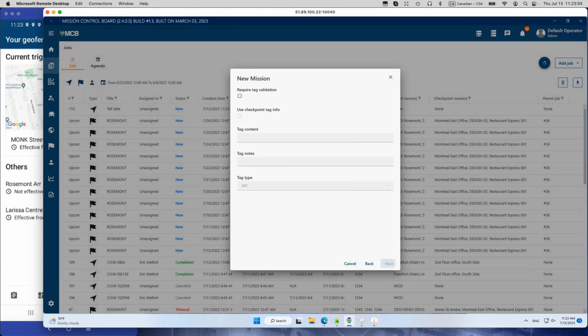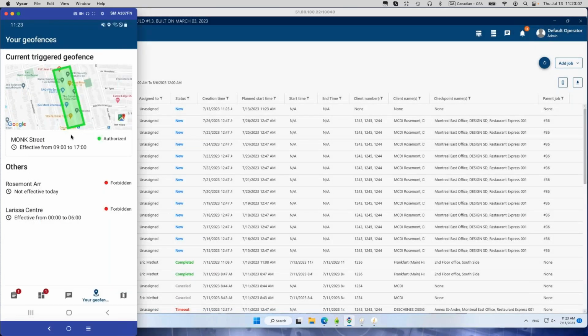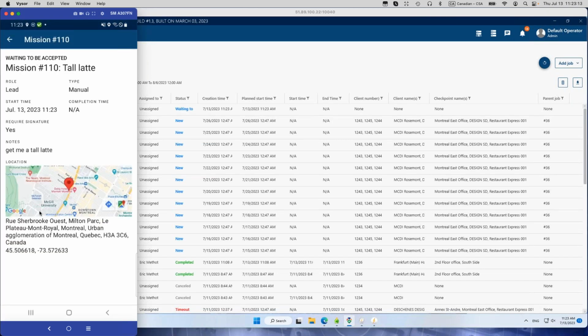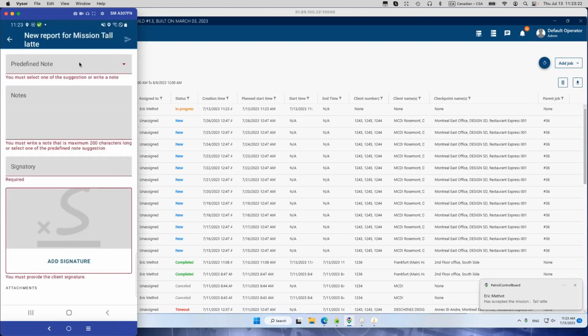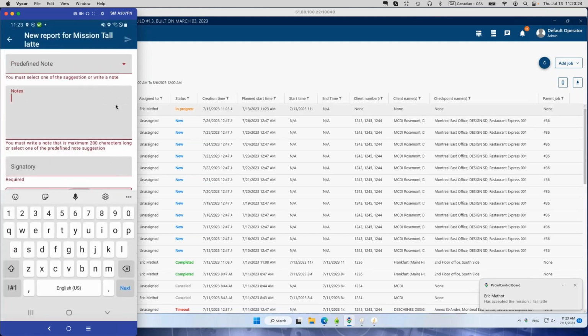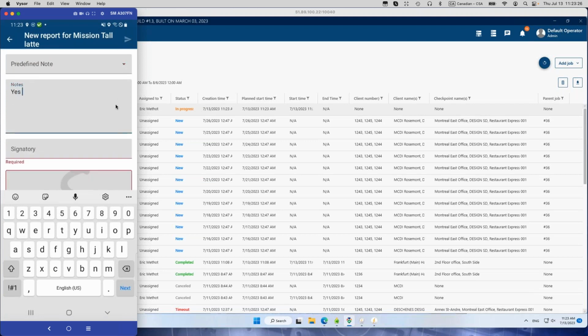So I'm going to send my mission, and we're going to receive it here, new mission request, and here we go. So I have the location, I have everything, and I'm going to accept that mission, and I'm going to write a report, and that can be either from the predefined or